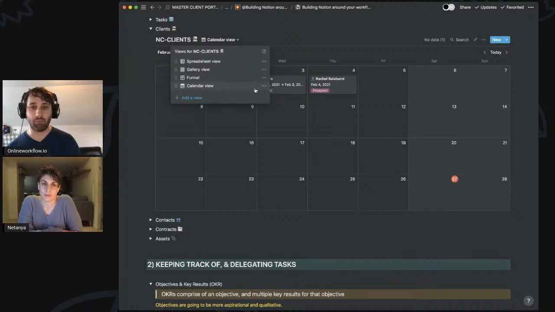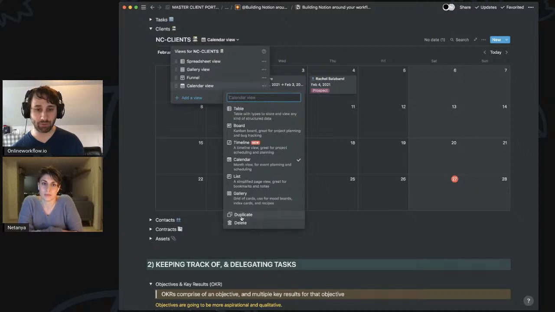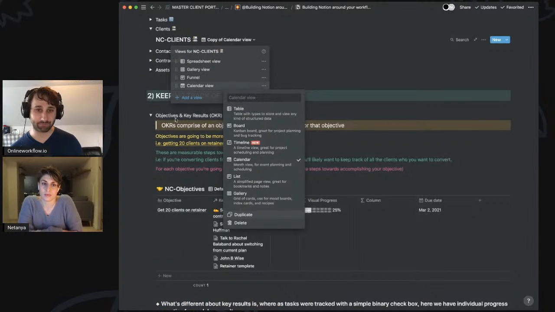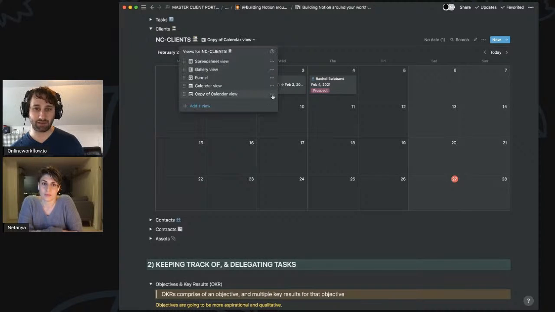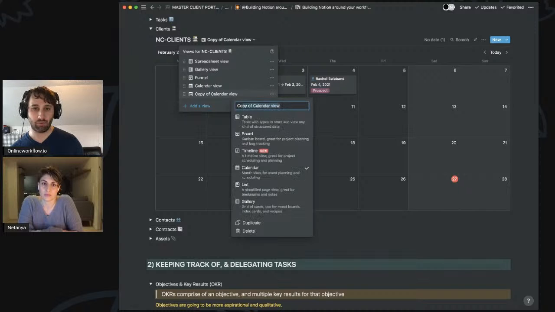and a calendar view. But what if we want a calendar view that shows two different calendars, like I said? So I can come up here, and like anything, you can duplicate any of these views to start things off. So we have this copy of calendar view. But I'm going to come in here and rename this to whatever I want. We know it's a calendar view because it has a little date icon beside it,